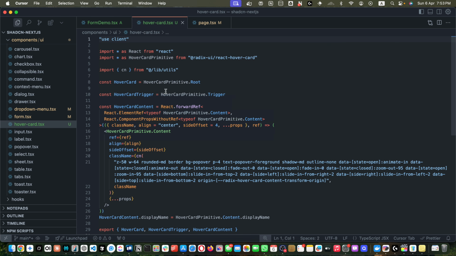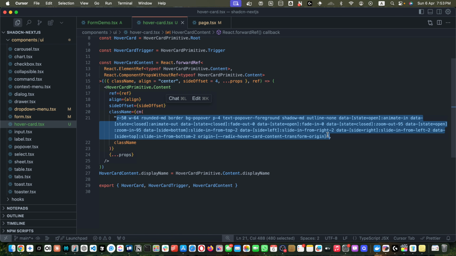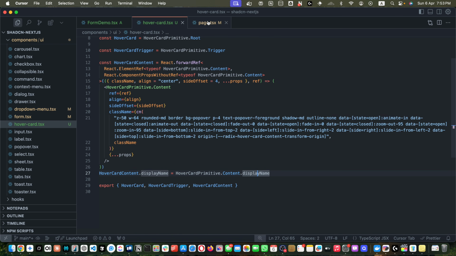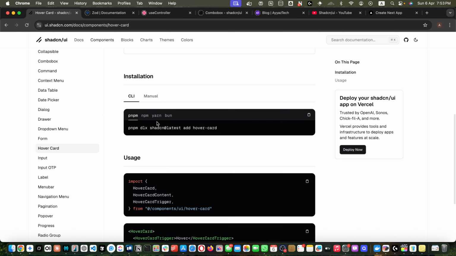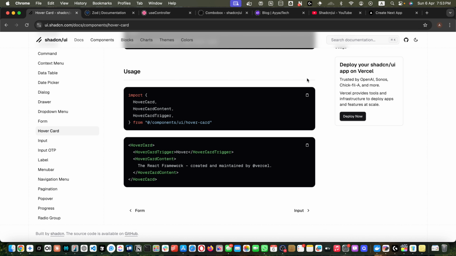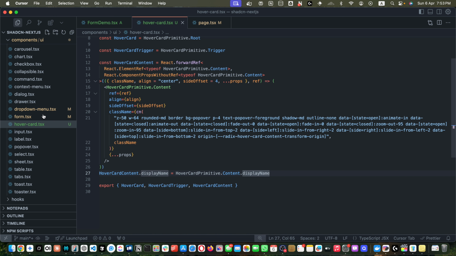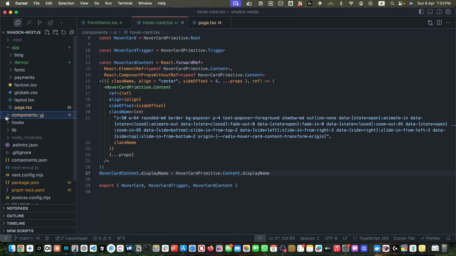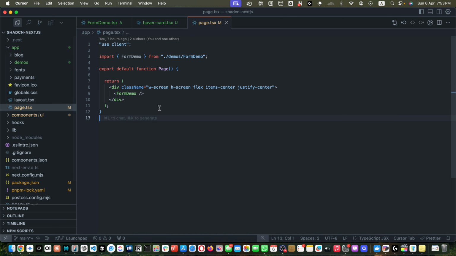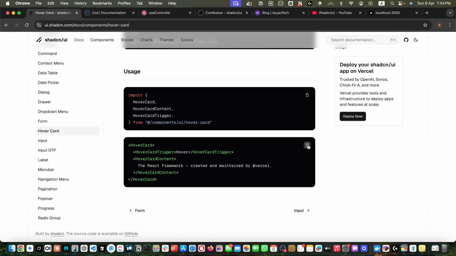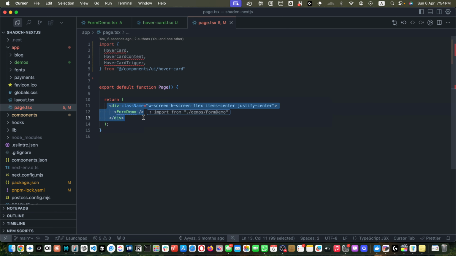If you look at it, they have used a hover card from the Radix UI, and these are all of the Tailwind CSS classes. We will come back to this after testing it. So as we have imported that, the very first step is to copy this piece of code to add all of the import statements. Let's open the main page.tsx file, and on the top I will replace all of these import statements with the ones that we just copied, and copy this piece of code and replace it with that code